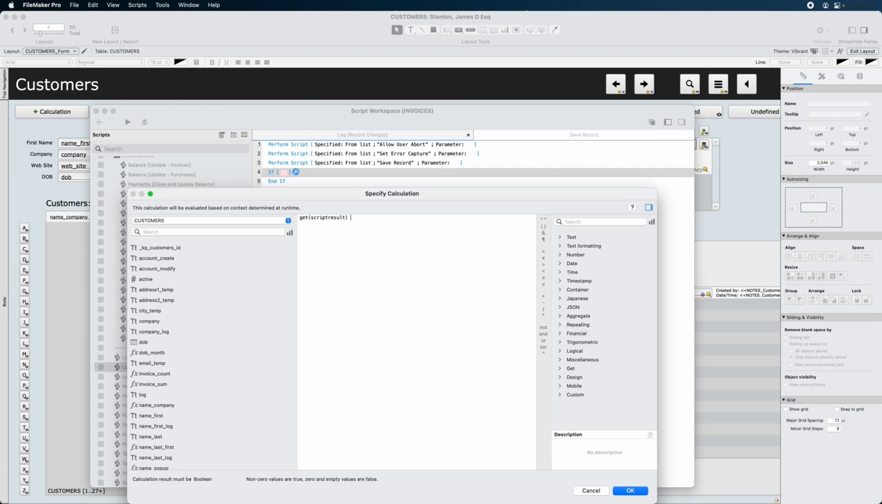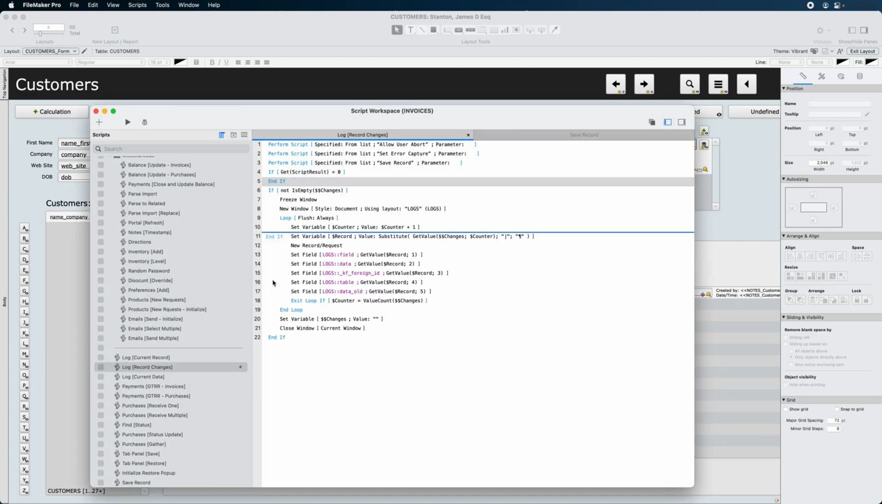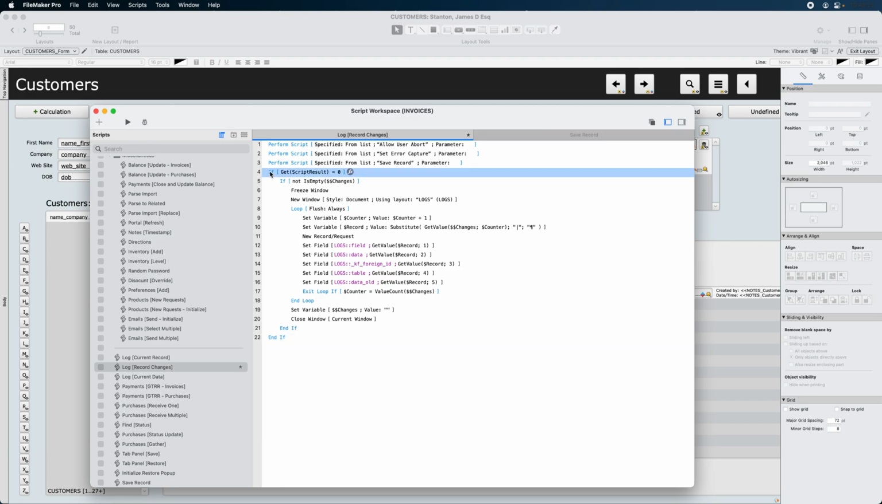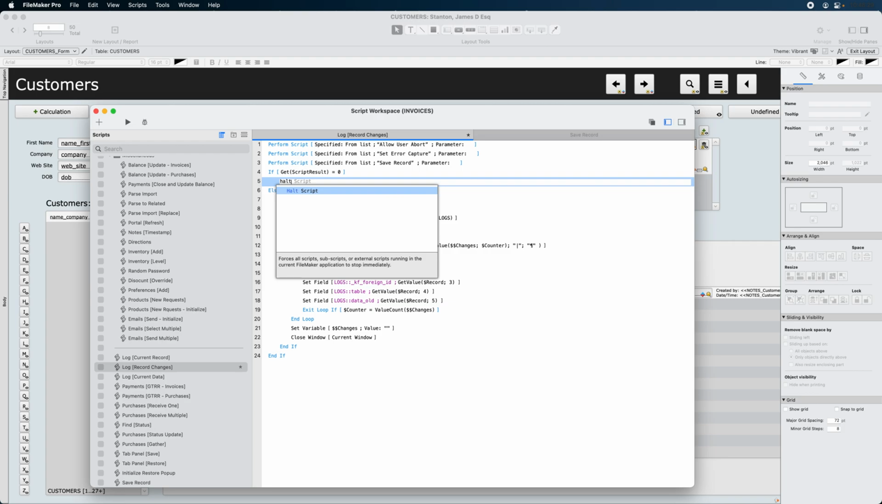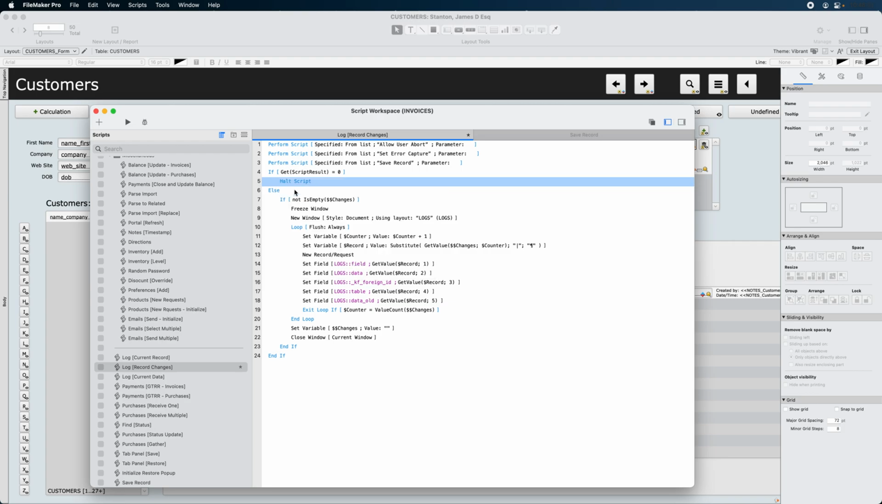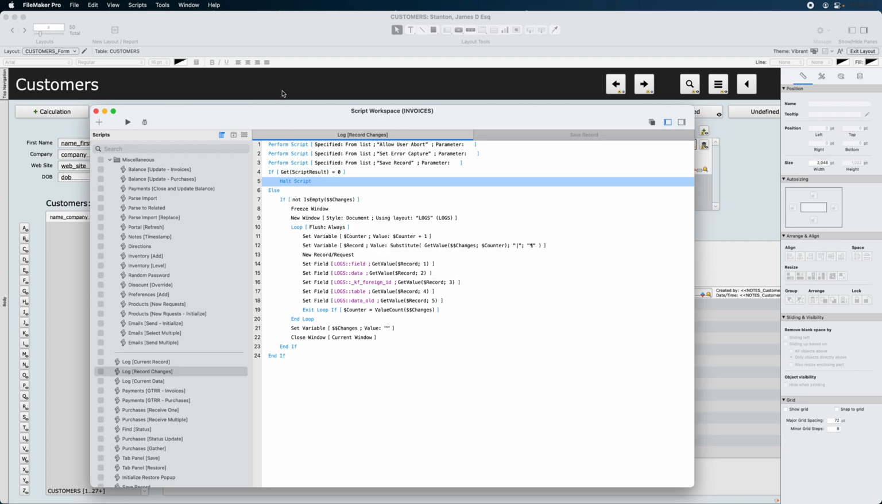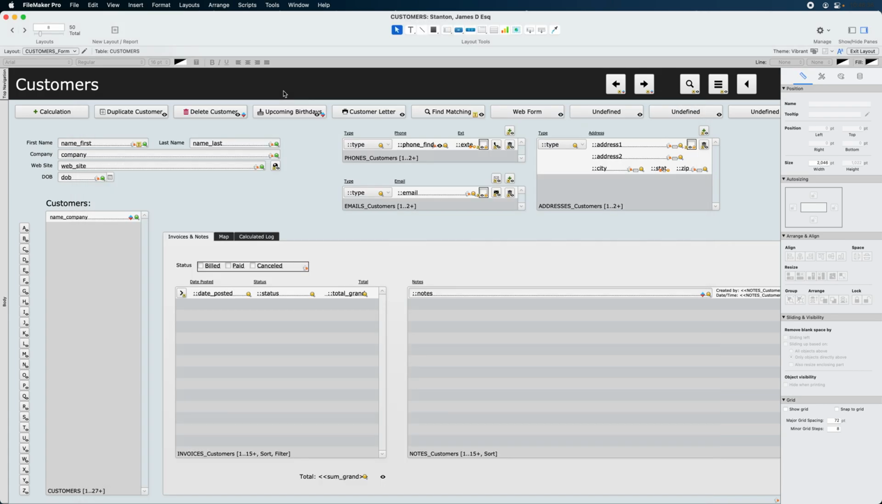So we can test that script result here and see if it equals 0. Put the End If down here, put an Else, and then put the Halt Script here. That should do it. Let's take a look at what we've got here. So now we've got these two scripts integrated together. And what's going to happen is if we say we want to continue editing, it's not going to stop